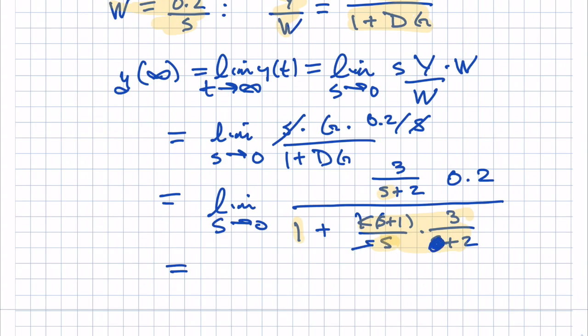So this particular term, as s goes to 0, is heading to infinity. So we have 1 over infinity, which in the limit is 0. So in the long run, this external disturbance, the compensator, that pole at the origin, ended up having the effect